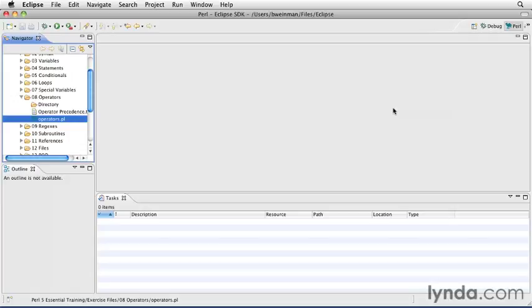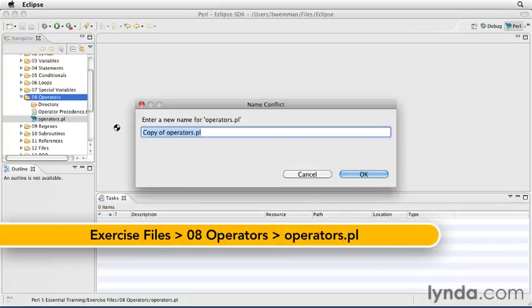There are some special operators called quote operators in Perl, and again, I don't know of any other languages that have anything like this. We covered them briefly in the chapter on strings in chapter 3. We're going to cover them here again a little bit more focused, and we'll start by copying the operators.pl file